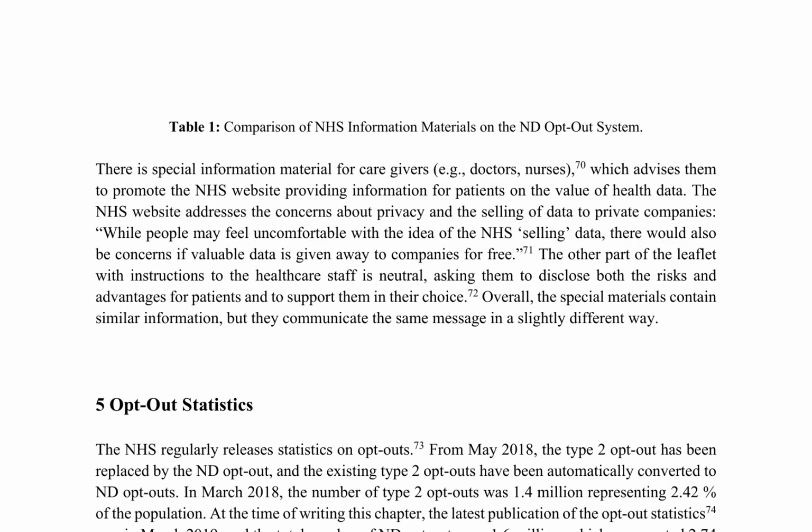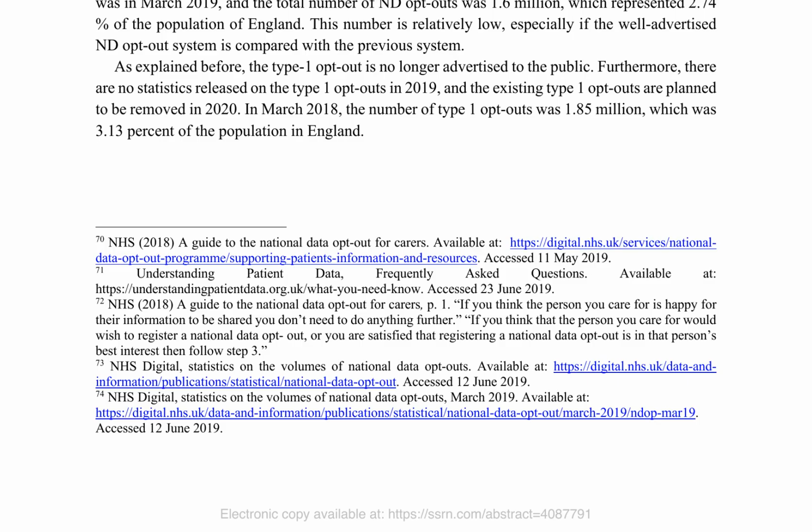The NHS regularly releases statistics on opt-outs, which show that the number of Type 2 opt-outs was 1.4 million in March 2018, representing 2.42% of the population. The number of ND opt-outs increased to 1.6 million in March 2019, representing 2.74% of the population of England. These numbers are relatively low, especially compared to the previous system. The Type 1 opt-out is no longer advertised to the public, and existing Type 1 opt-outs are planned to be